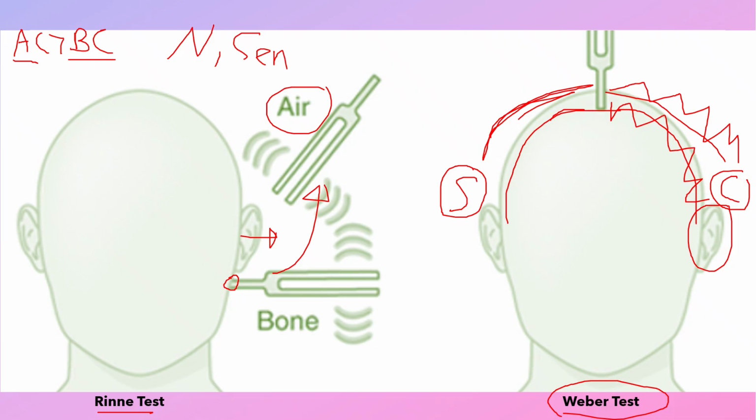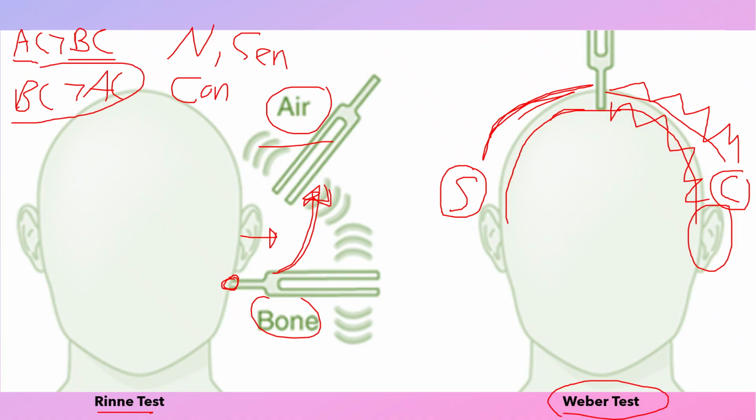Now, the other response would be that they could tell you that once you've placed it onto the mastoid process and once it stops vibrating, then when you move it over here, they say, I don't hear it anymore. In this case, the bone conduction was better than the air conduction. So if bone conduction is better than the air conduction, then you call that conductive hearing loss. Conductive hearing loss. So anytime you notice bone conduction being longer than air conduction, that gives away its conductive